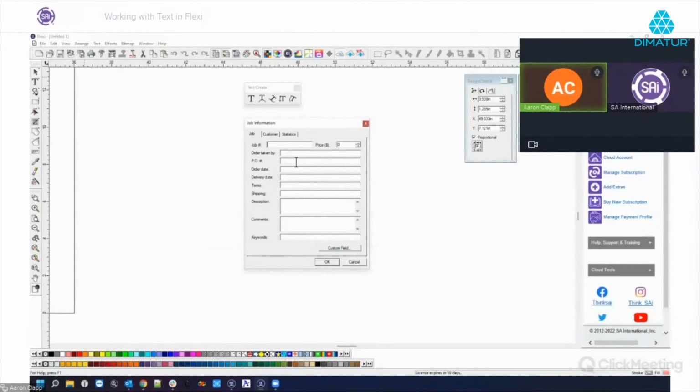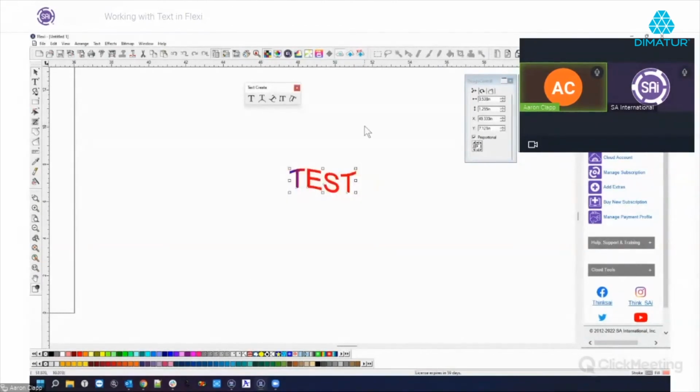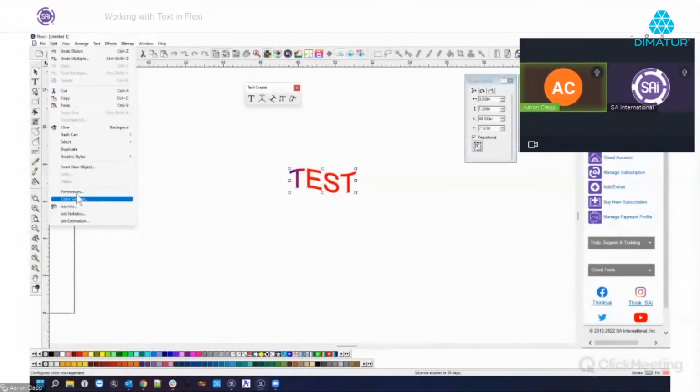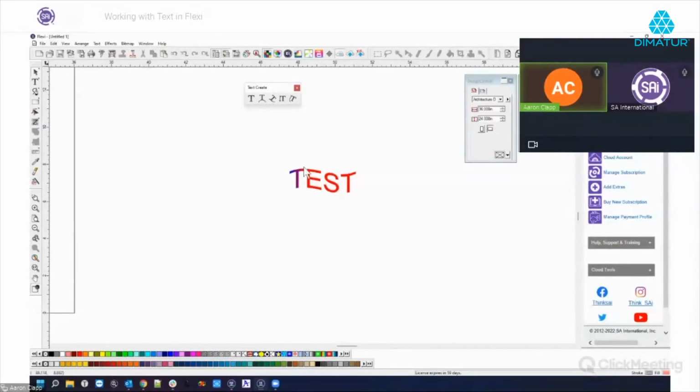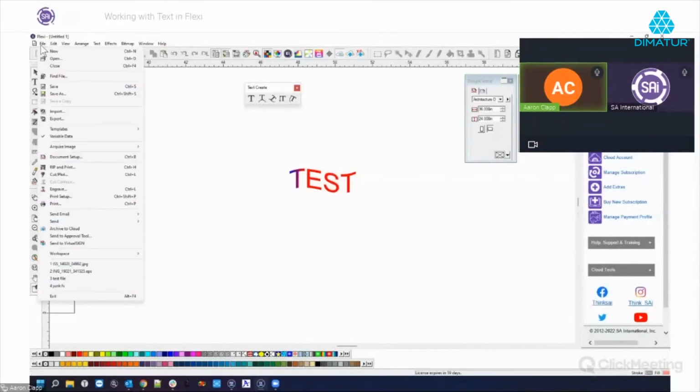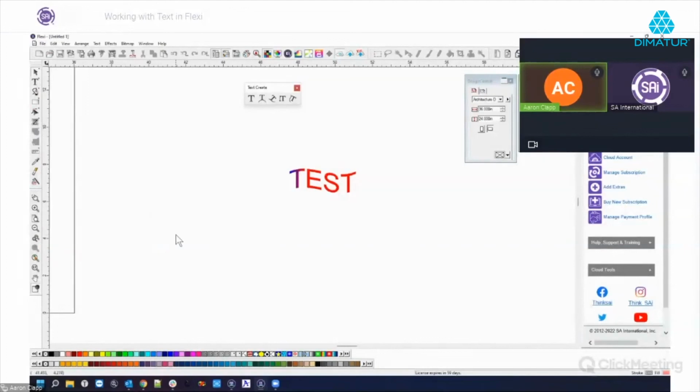For a one-off circumstance, sometimes it's nice, but we're trying to figure out a way that we can integrate that particular function with maybe something like the cloud tool, not the archive to cloud, it's the approval tool, or something like that, where it could pull that information from another file or from a database that's stored inside the cloud or inside of Flexi or something like that. So unfortunately, the answer to that question is no, there's not a really good way, but